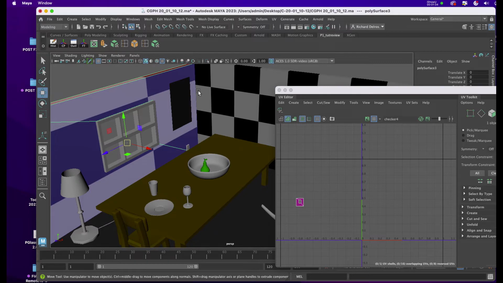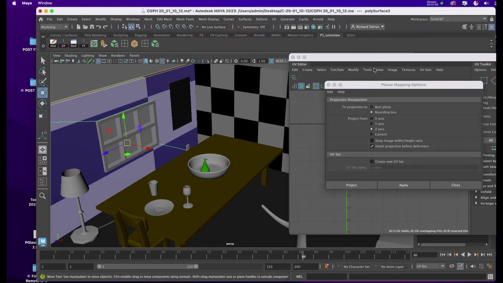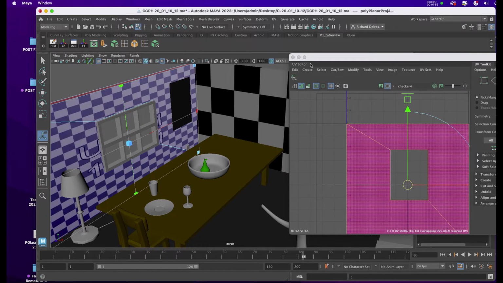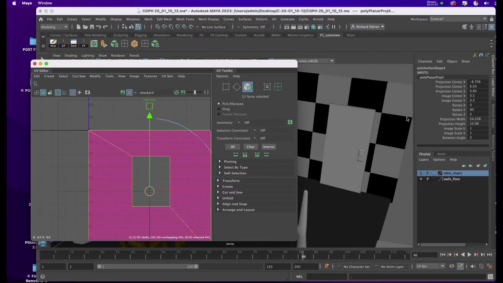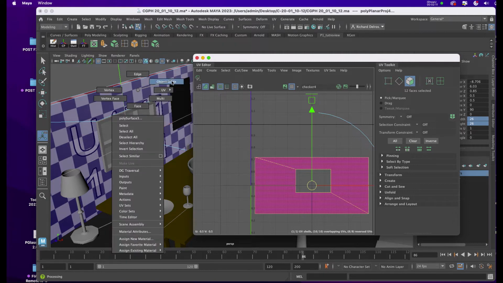Hitting W, I'll hold down the space bar, I'll go to UV planar mapping attributes, and I'll change this to X, and I'll hit project. Going to the channel box once again, I'll make the projection width and height the same number, and now I see the UV map for that wall. Returning to the object mode, in my viewport,